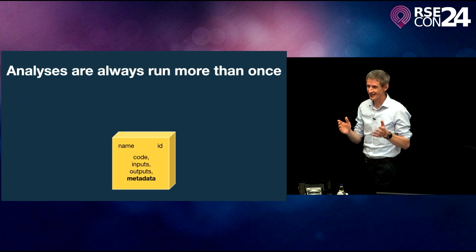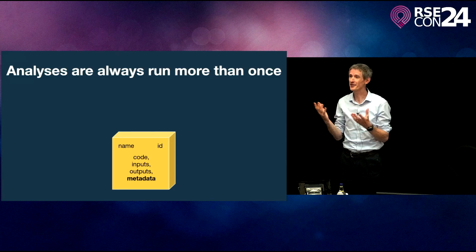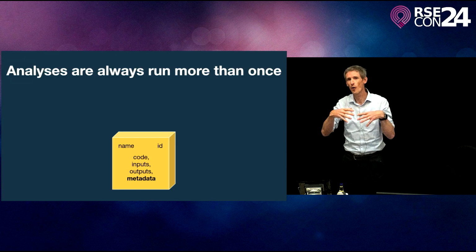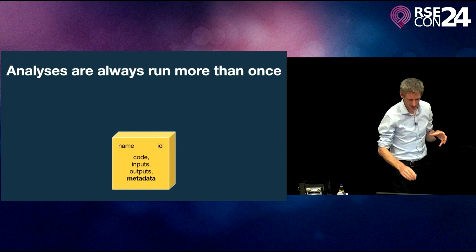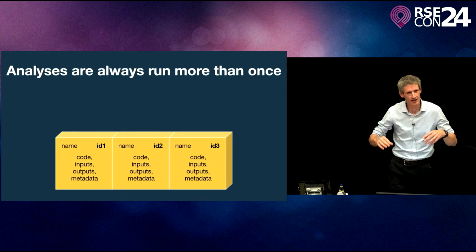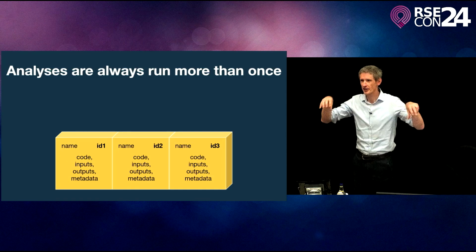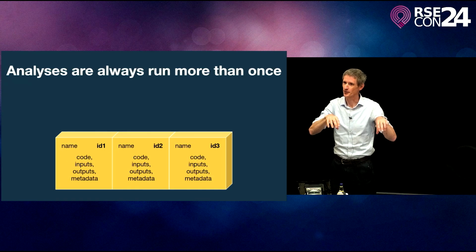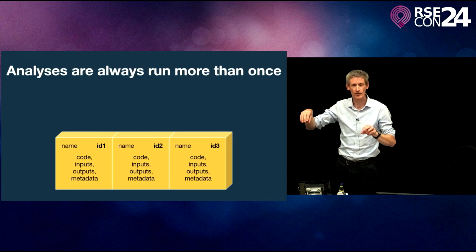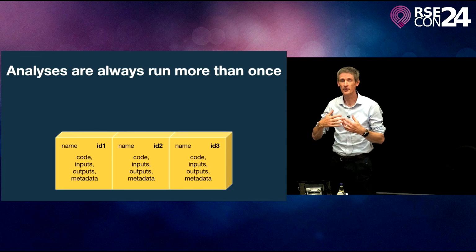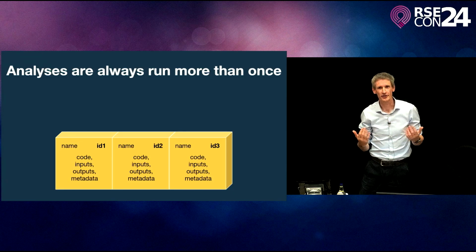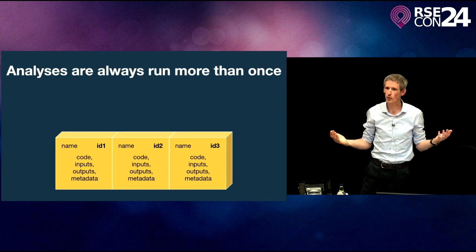Ideally, and I know there's some metadata lovers in the room, this would contain some metadata, some information about what went into the analysis. I'm going to talk a lot more about that in a minute. So what we end up with is a whole bunch of little bricks, right? The 3 times that this was all run, 3 little identifiers alongside of it, each with their own inputs or outputs. So that later on, when you get a difference in your result, you can say, well, what was different?